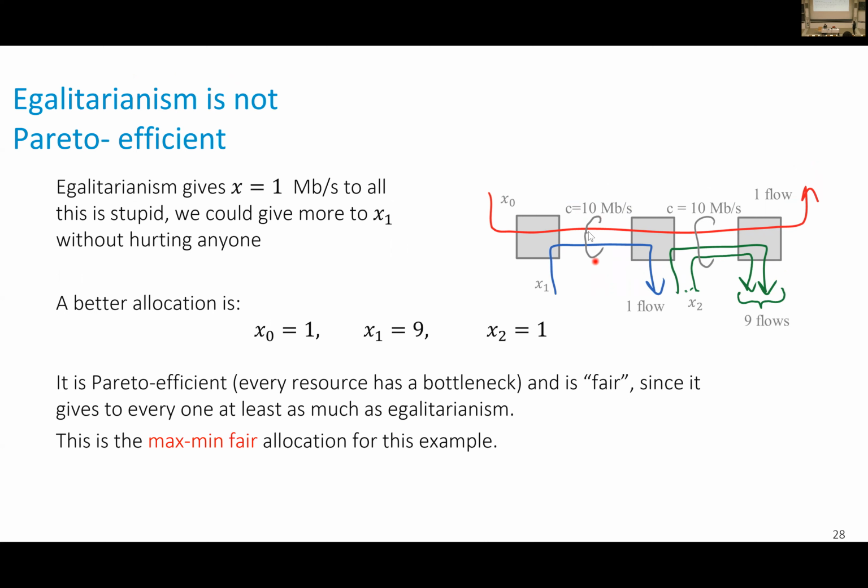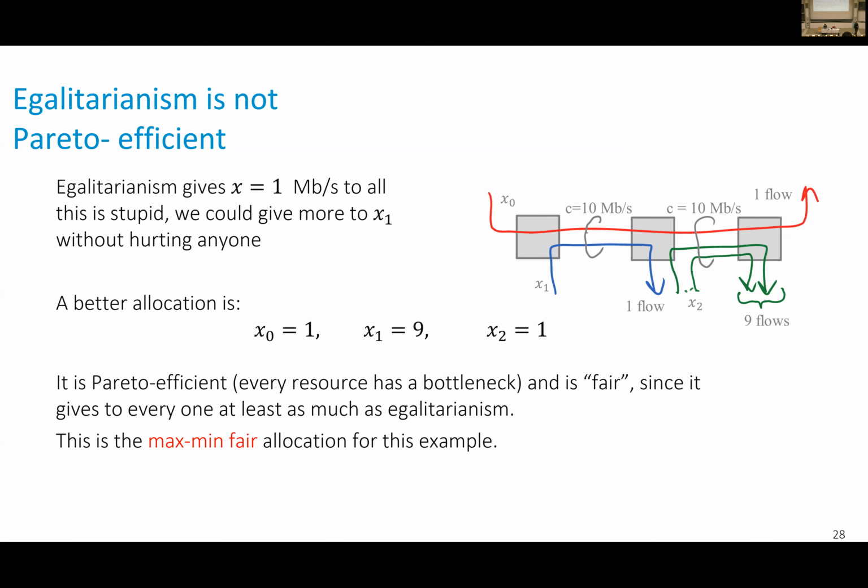If we give 1 to everyone here, then the capacity here of this link is not increased. Here, this guy receives 1, this guy receives 1. And the reason of the receiving 1 is because the red and the green exist. But it's not a local constraint on the blue. We could increase the blue by making it 9, for example, and not change the others. So that means this allocation is not